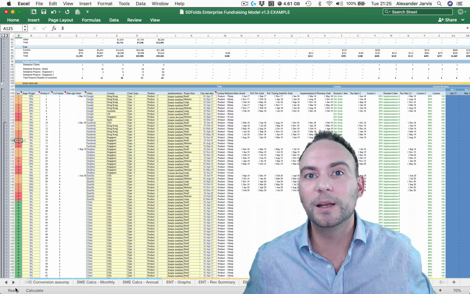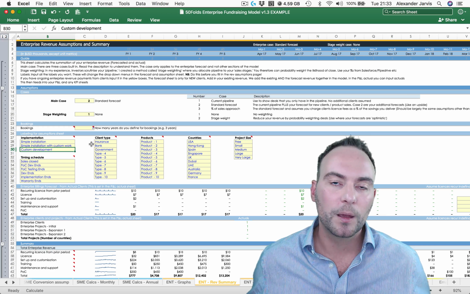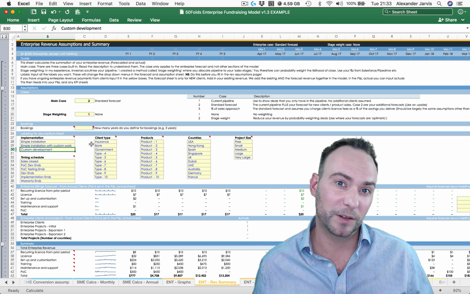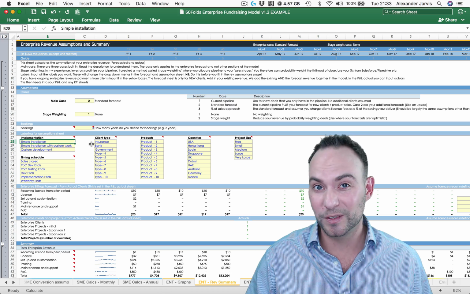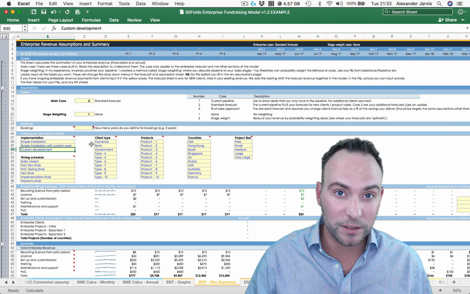You're going to have potentially 3 kinds of implementation. So you can just use my words if you want. The way I thought about it was simple installation, some customization, or a total custom development. So maybe you have something out of the box which just works. It's a simple installation. But what if you're selling some sort of database system which needs to be customized to the specific needs of that client? Well, maybe you need to customize that a little bit, or maybe you just need to do a full-on, whole ton of work. But the product could be easier or harder for a different type of client, at which point you could set different types of timings to these sorts of implementations.